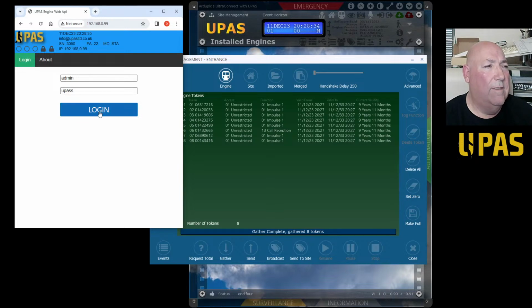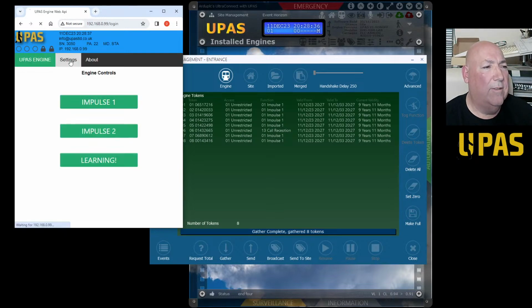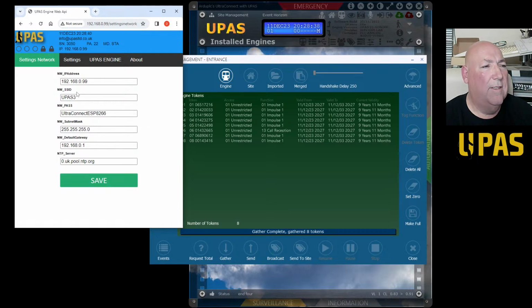You log in, and then you can, if you want to, go to settings, network, put your credentials in here, join a network, set the NTP server clock if you want to. Default gateway, I don't even know if it uses that, but it's there anyway. Put your IP address in and SSID, password, subnet mask, click save.